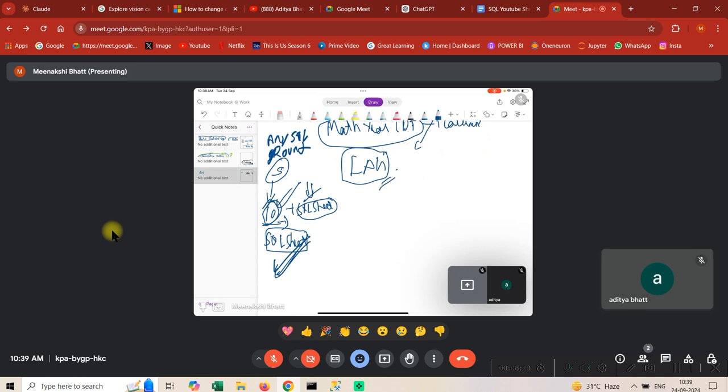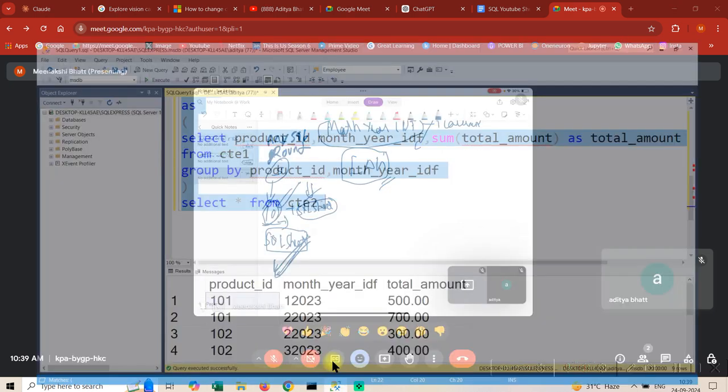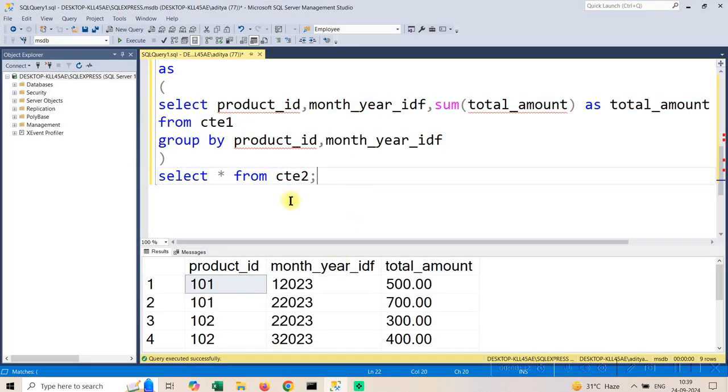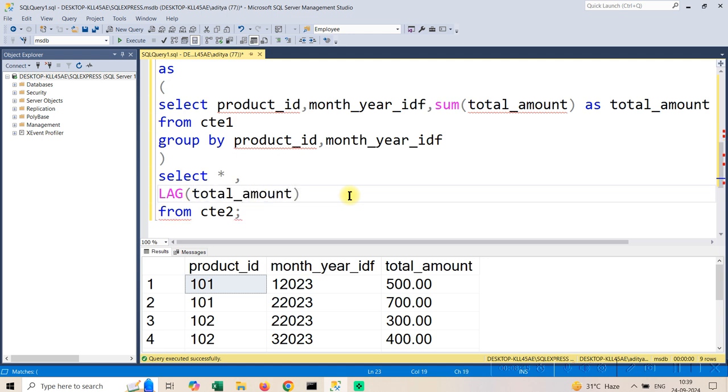So now since I was telling you, I'll tell you how to use the lag function and get the previous month value. So see guys, it's not that difficult. All we need to write is some syntax, that is lag. So lag as in we'll get the previous month value, for which column we need, total amount we need. Then we need to write over